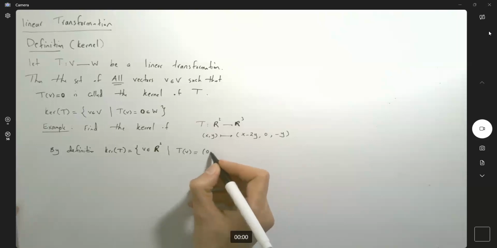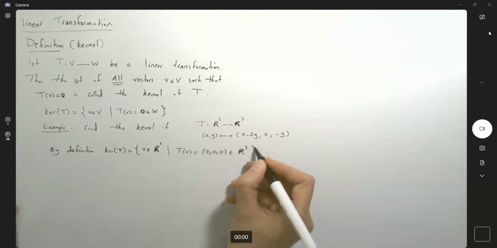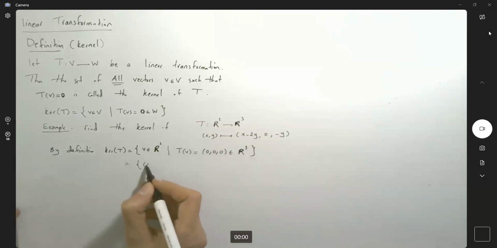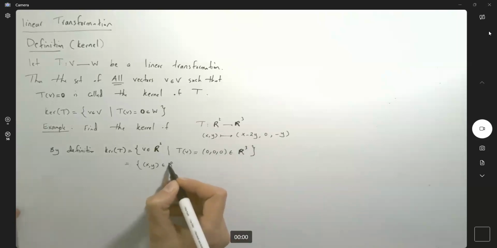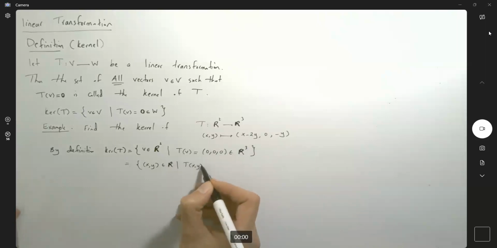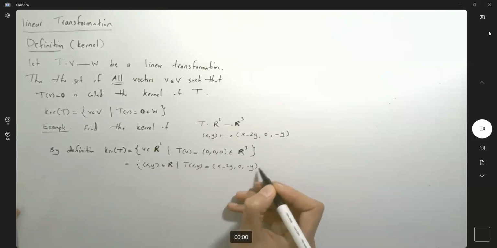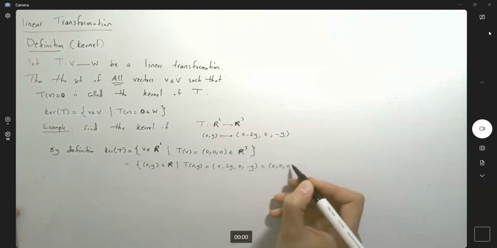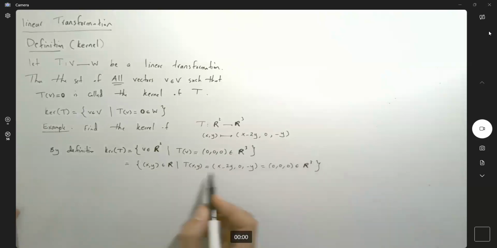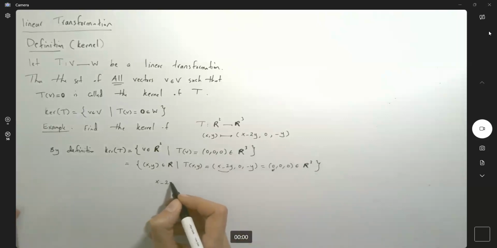am I right? So to 0, 0, and 0 in the space. So we need to be able to solve this, am I right? We're looking for all x and y's in the plane such that T of x and y, which is by definition x minus 2y, 0, and negative y, must be equal to 0, 0, and 0 in the space. Very good. So here you have x minus 2y equals 0,